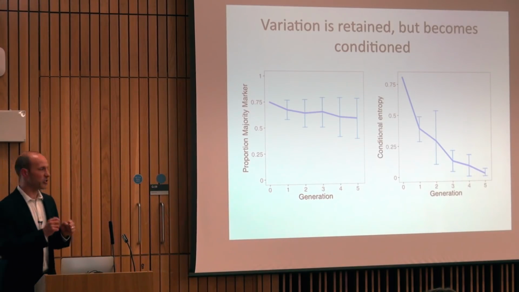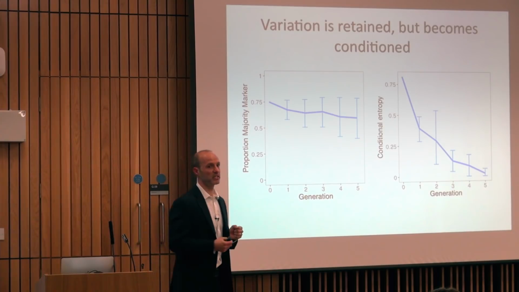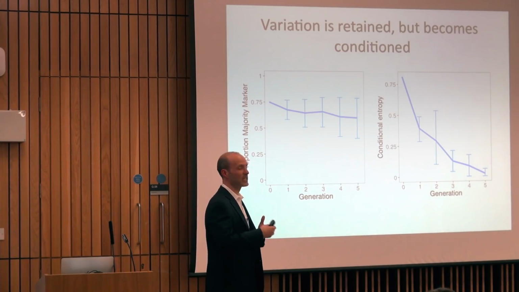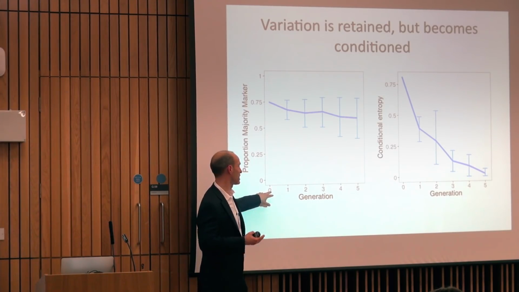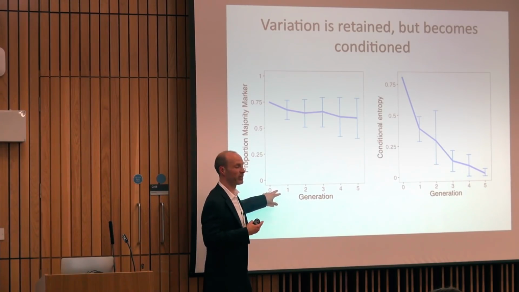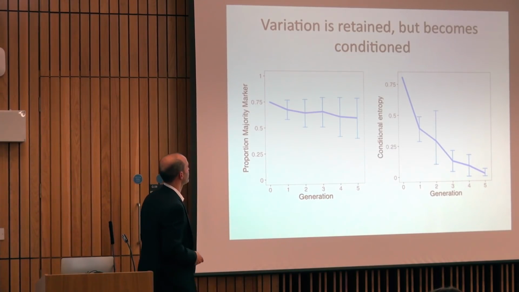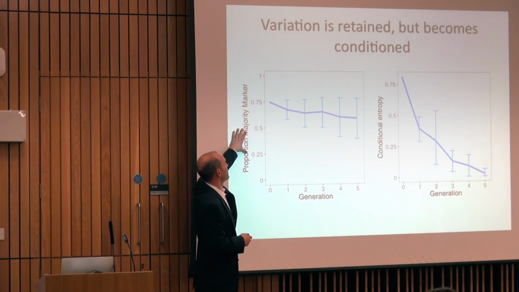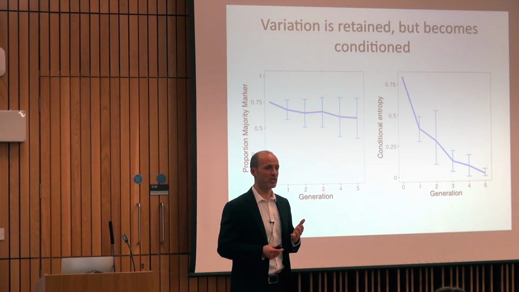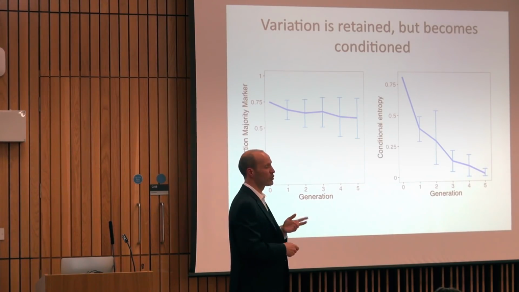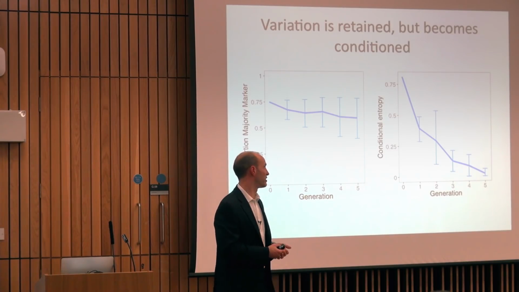Okay, so variation is retained in these miniature languages as they're passed from person to person, but that variation becomes predictable or conditioned on the linguistic context. Okay, so this graph shows time and generations. So generation 0 is the language we designed. Generation 1 is the participant who was trained on that language, and so on. The left-hand graph shows how often people use the majority initial marker. So initially, one of the markers is used 3/4 of the time, and as the language is passed from person to person, the percentage use of that initial marker fluctuates a bit, but it stays pretty close. And most of these chains have 2 ways of marking plurality after 5 generations.